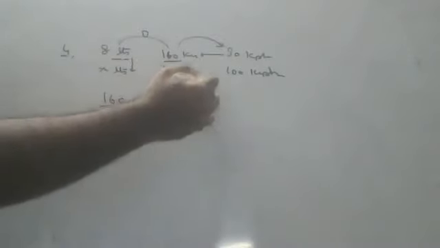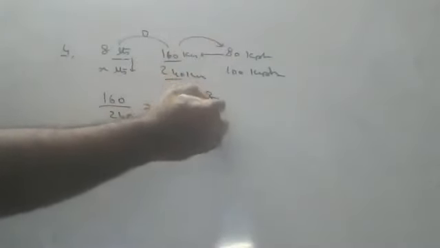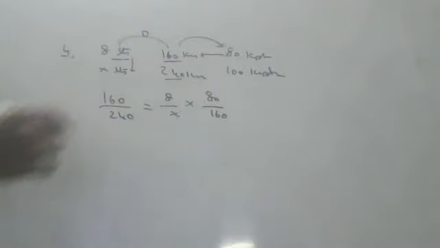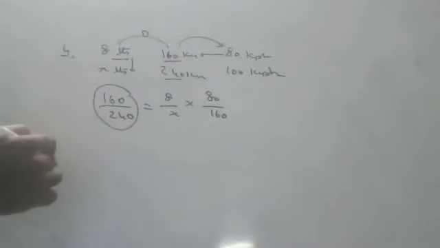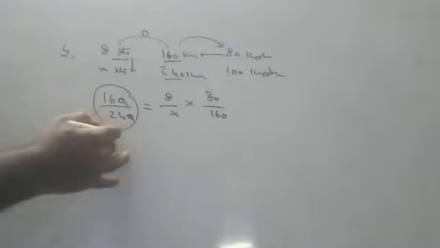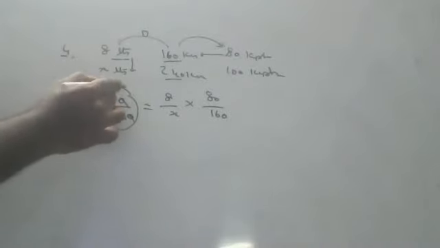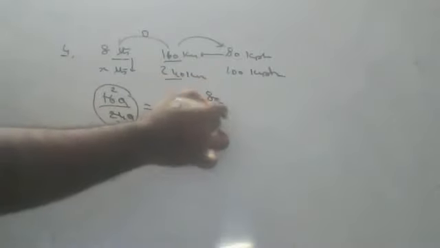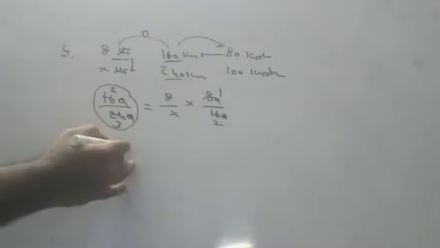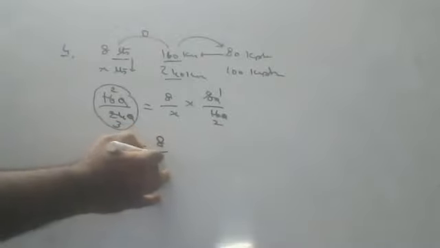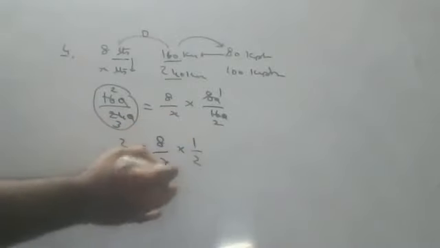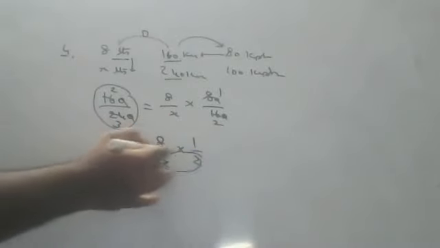So here also I'll put what, children? 80 by 100. Don't get confused, children, whatever the standard is, you put here. Now the zeros cancel. 8 2s are 16, 8 3s are 24, 0 0. So 2 by 3 is equal to 8 by x into 1 by 2. This whole denominator I will take here.